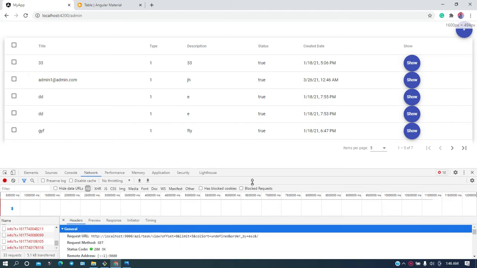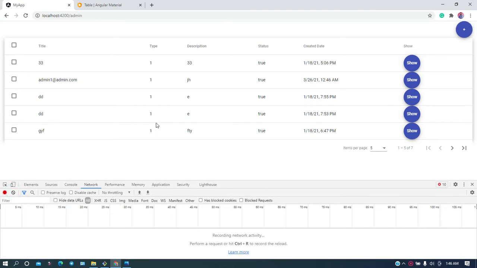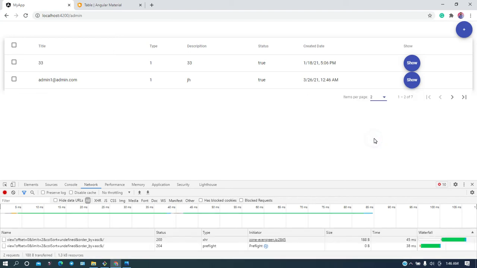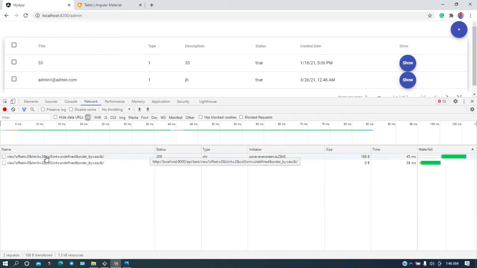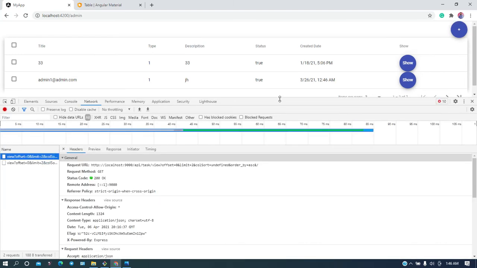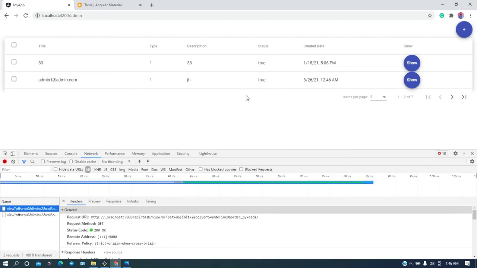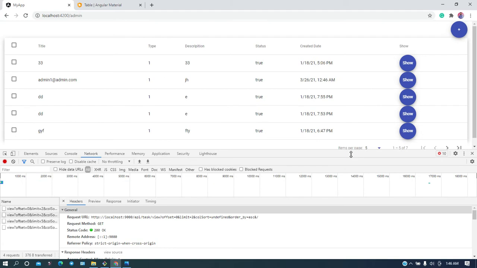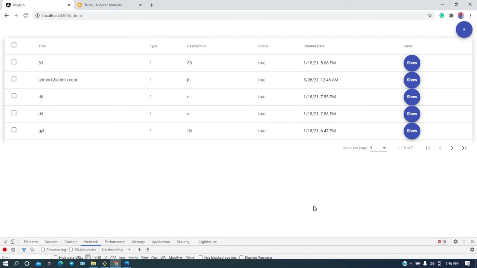and how I have done it. You can notice here, suppose in the pagination, if I select 2 items per page, then the API is called and real-time data is fetched from the database, and based on that I am displaying these things on the screen, on the UI. So basically we are calling the API in real time. It's not like I got all the data from the database and then did the pagination and sorting and all these things. No, we will do it in real time from the database.